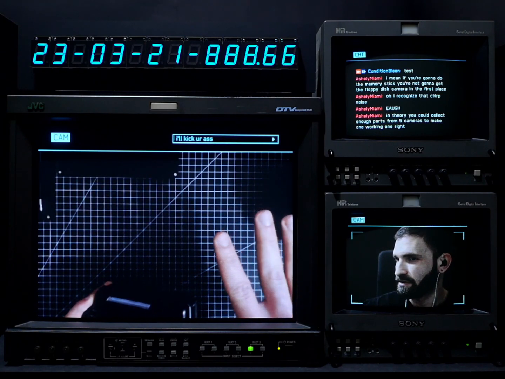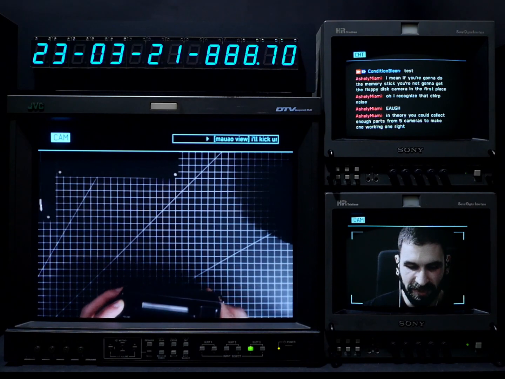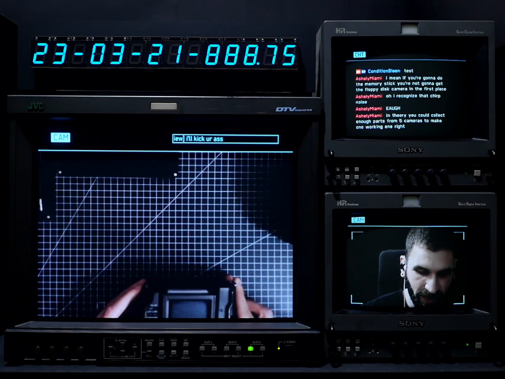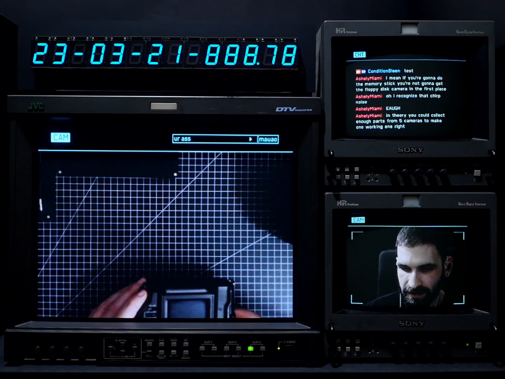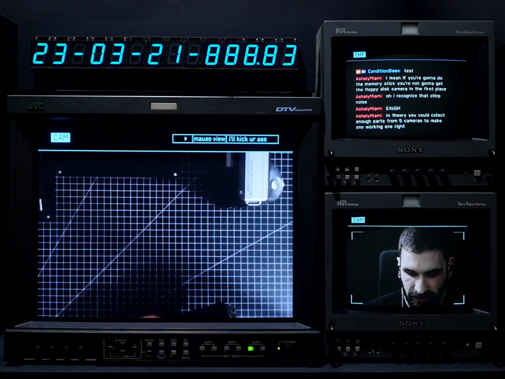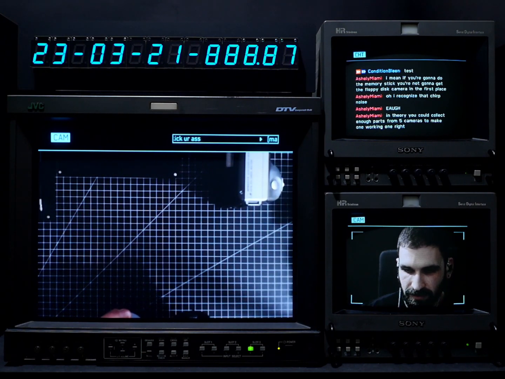Also, I noticed that the frame rate is not great on the camera, but you know, it is what it is. So how do we want to go about this? I think I'm going to start by taking apart the